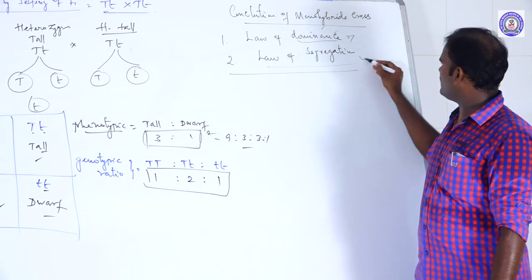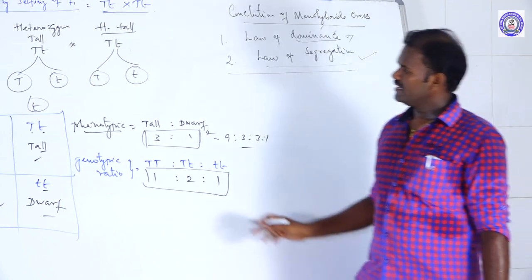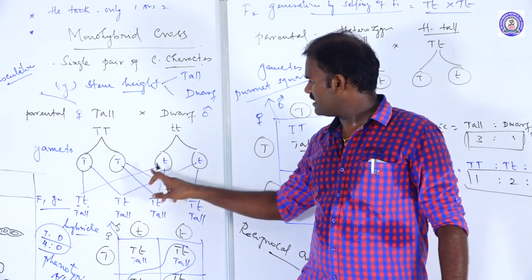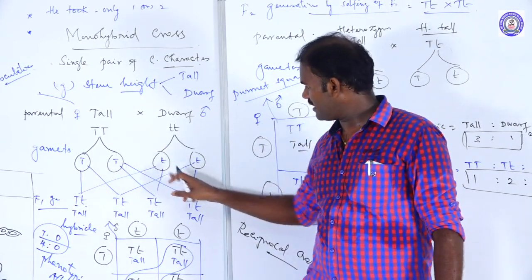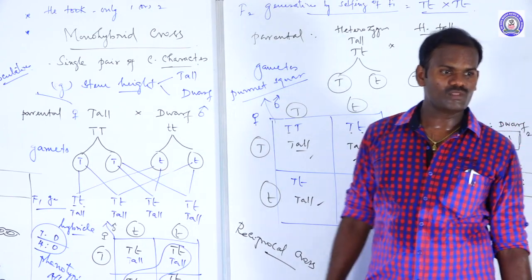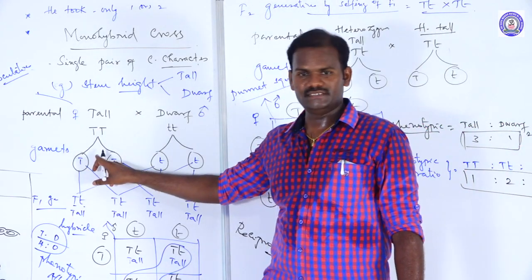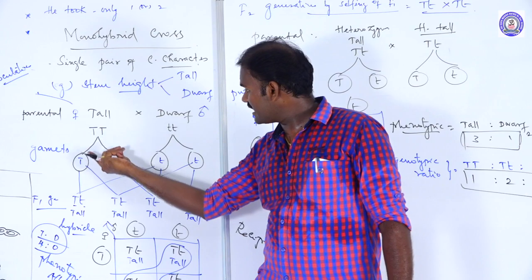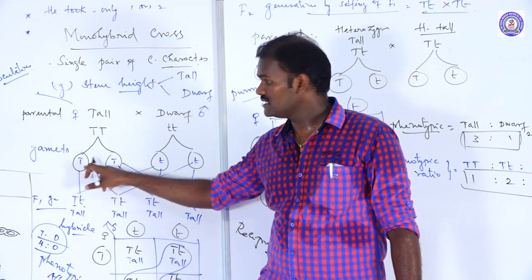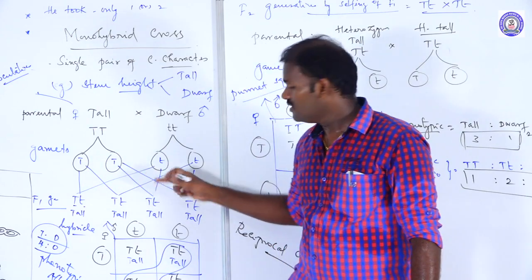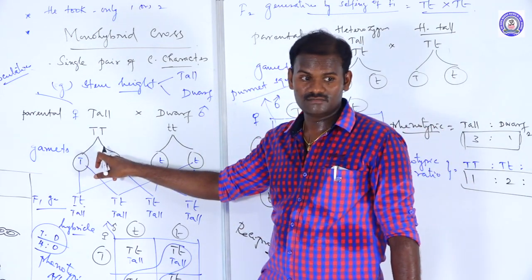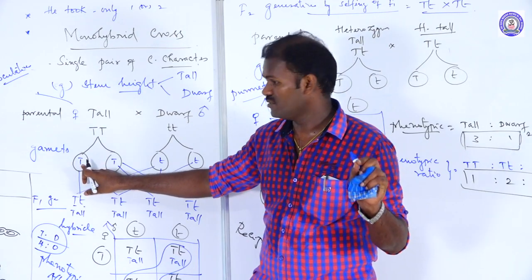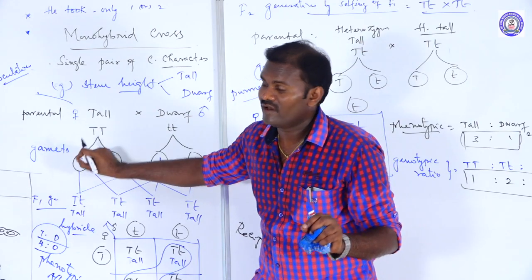Second, what is called the law of segregation? During gamete formation, these two alleles never blend together, because both the parental characters are expressed in the F2 generation. During gamete formation, among the two alleles of the parental characters, each allele gets segregated and enters into each gamete. So the gamete will receive only one of the alleles. So these gametes are pure for the character.